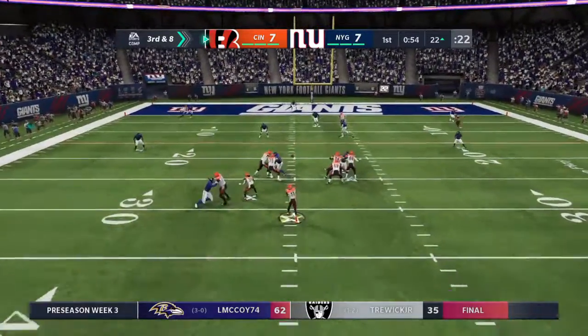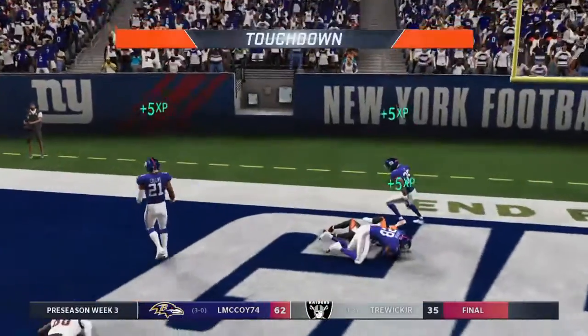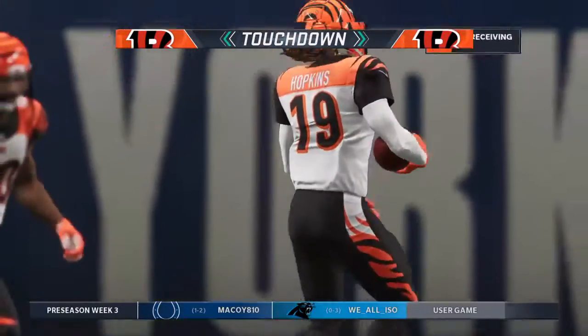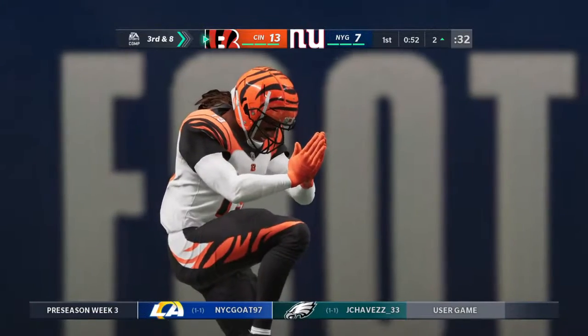On 3rd down, he'll drop to throw. Going to throw deep for the end zone. And he's going to haul that one in one-handed. What a catch for the touchdown. And, partner, you know I'm a big advocate of taking tape measures